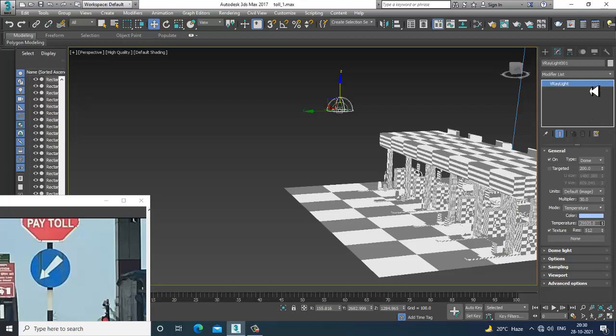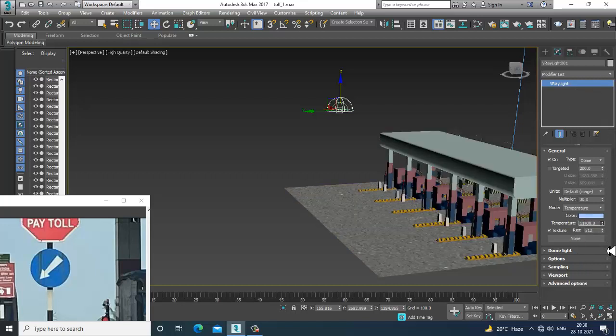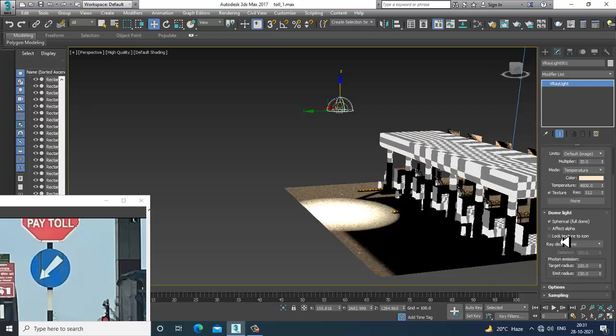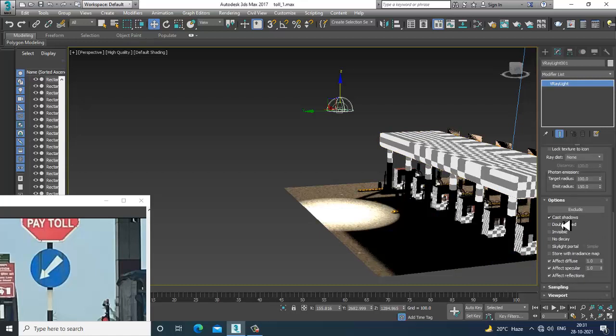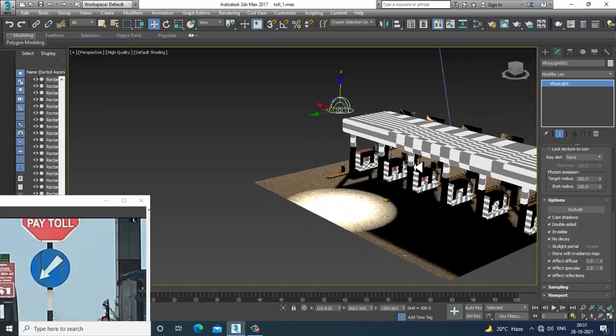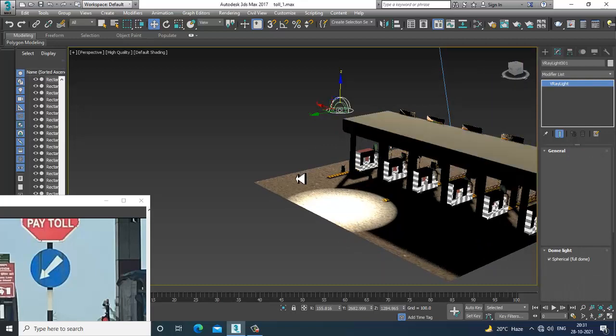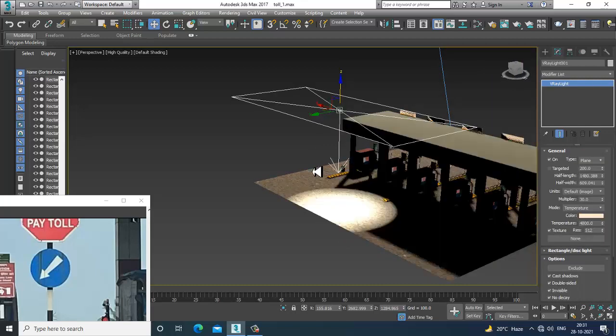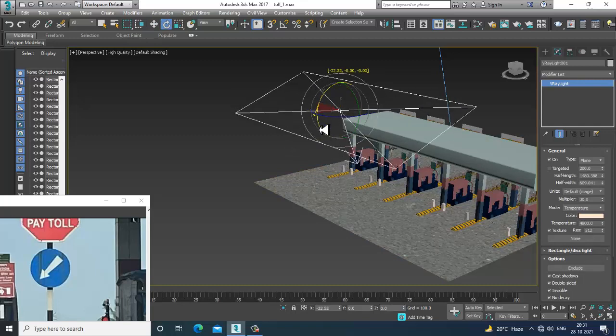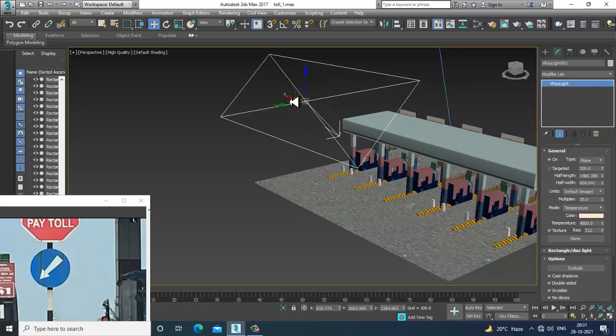You can define the temperature also. Go into this dome light, options: double-sided, invisible, no decay. Instead of that, if you want to set it as a plane, you can do that also. That's not a worry.